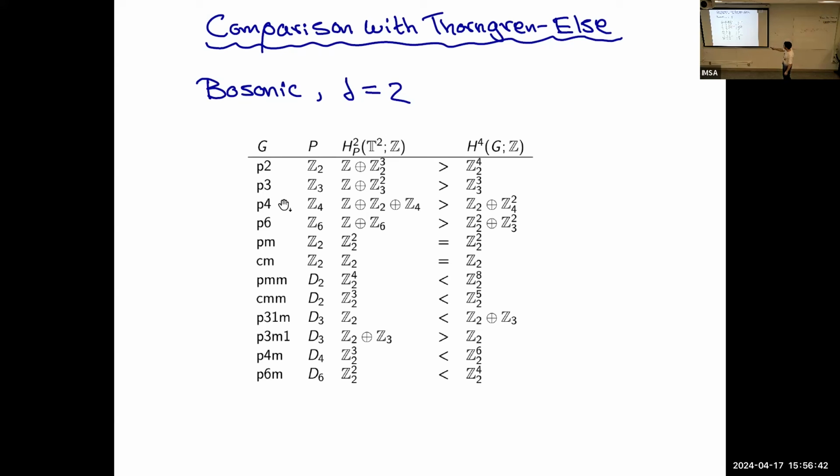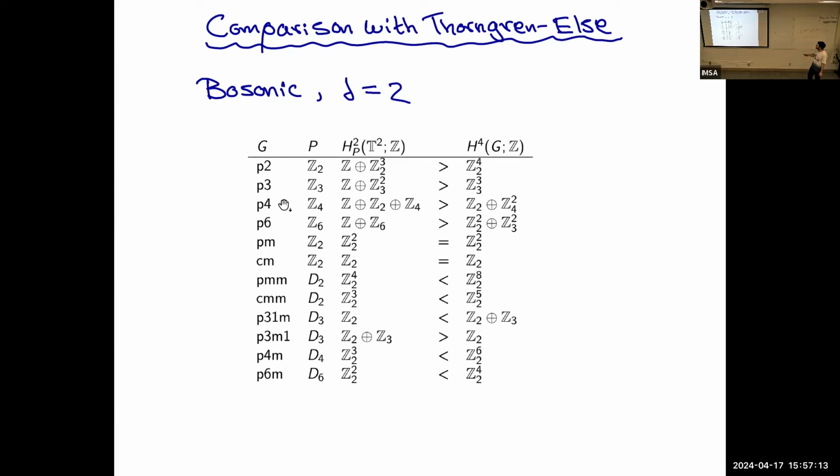And so as you can see, for these different groups, we get some which are much bigger, some which are equal, and some which are smaller in rank. However, they are very similar in many aspects. Some of them just have similar factors, and some of them just miss one factor, things like that. Okay, so what does this mean?